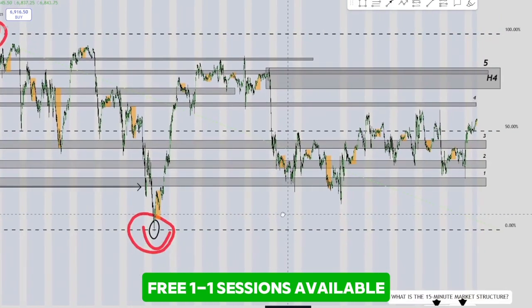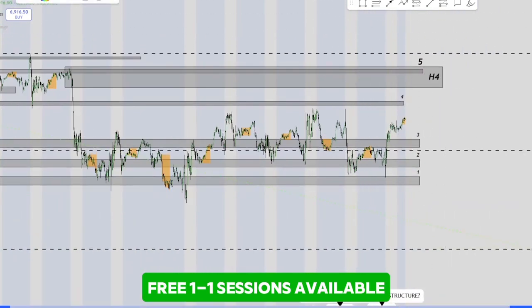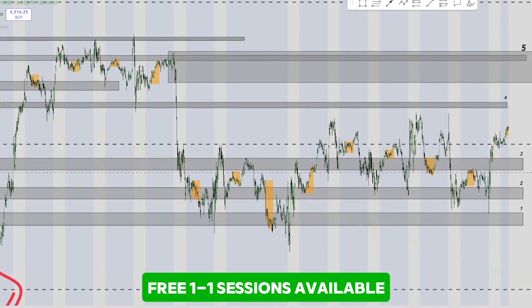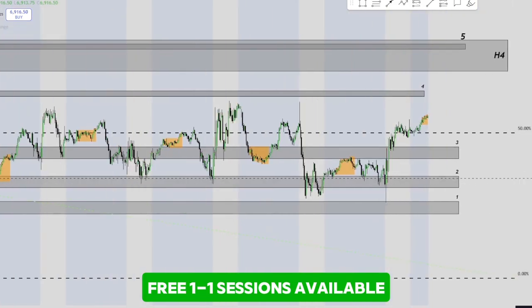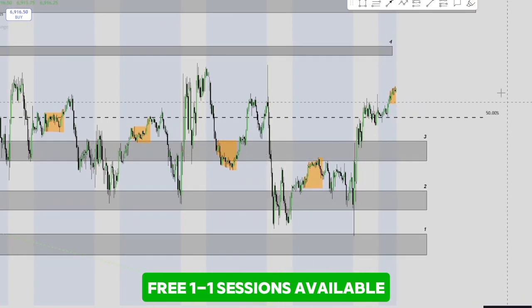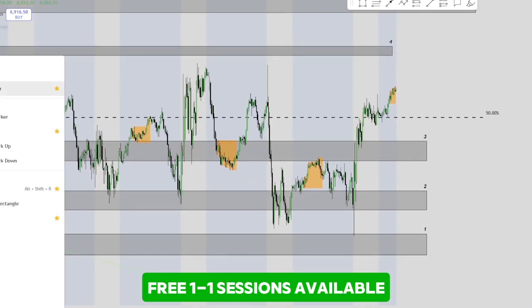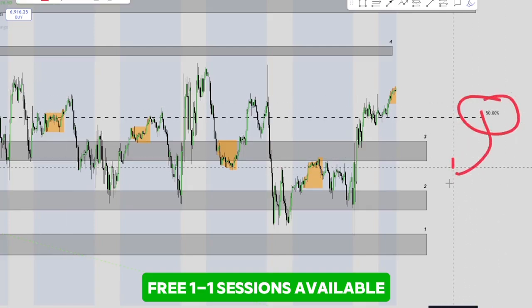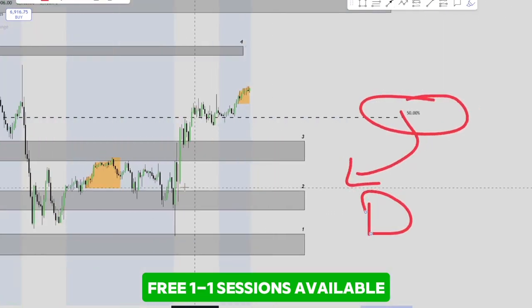So what we can see on the 15-minute time frame is we are in the discount, right? We are below the 50%. So this is where the PD array actually is. We are below the 50%. This is the discount. So the longs from Tuesday the 24th were actually from this key level here, or this